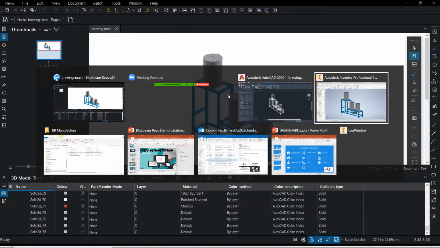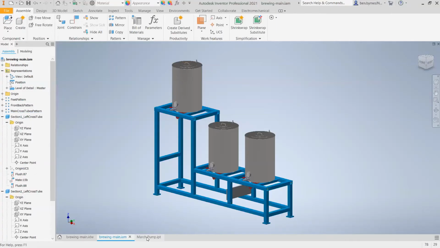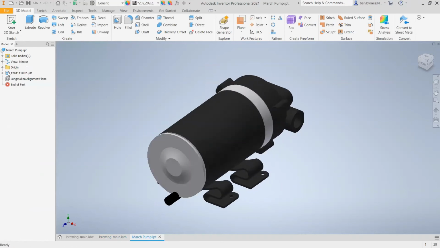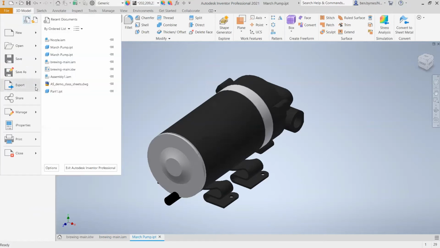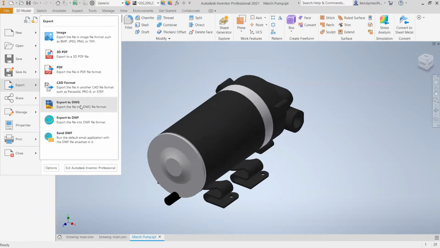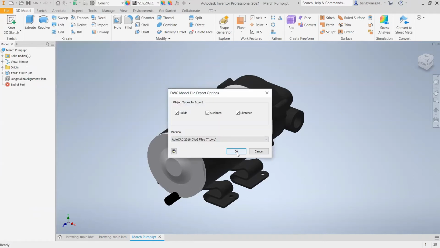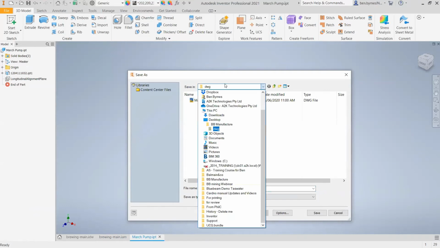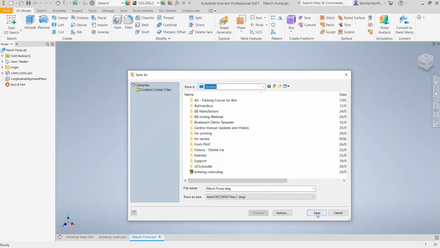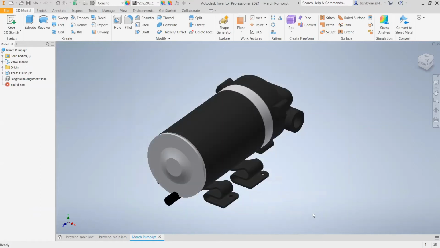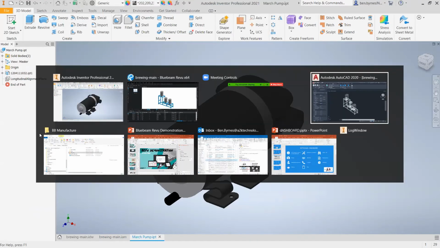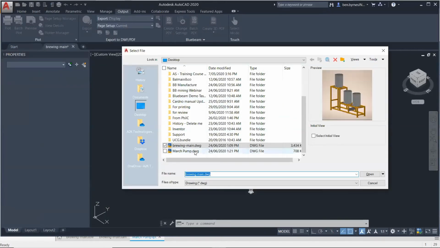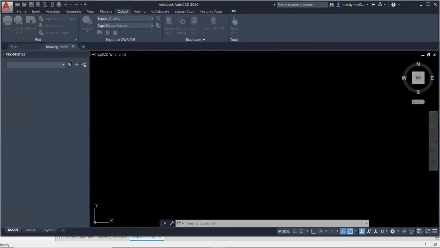You can do the same thing. So just going back to Inventor, I do have a little pump here as well. So again, going through that same sort of procedure, I can go to File and I can export it to DWG. I will save that to my desktop again. And then going back to AutoCAD, back to desktop to my new pump one here. Open that,